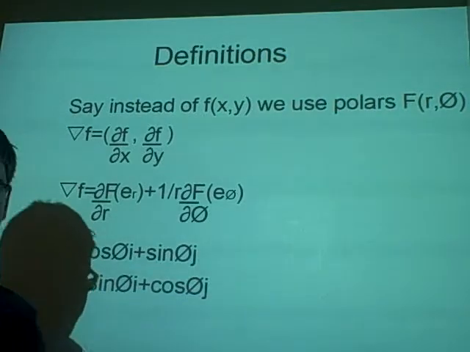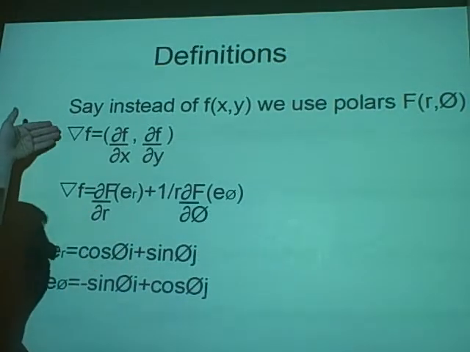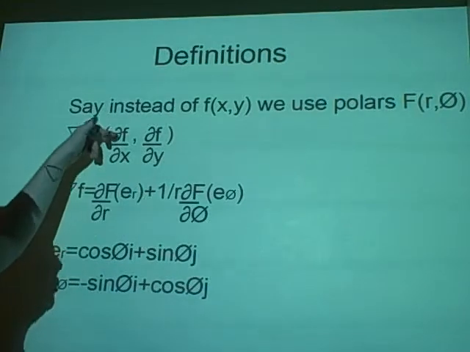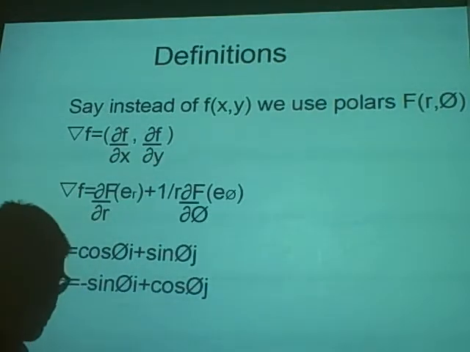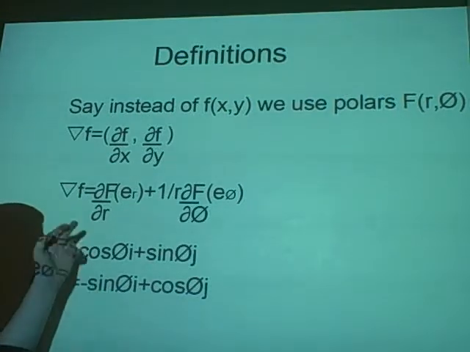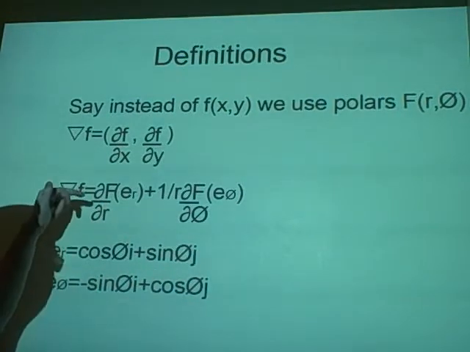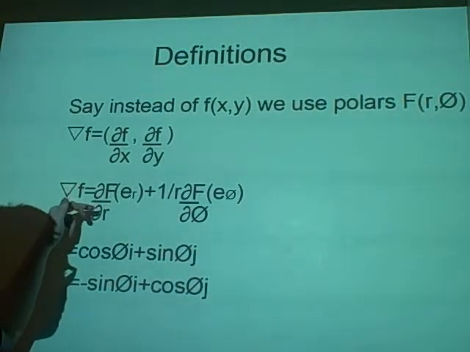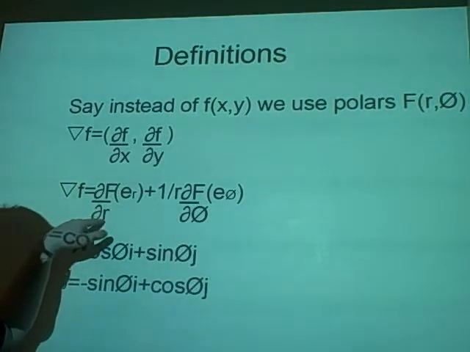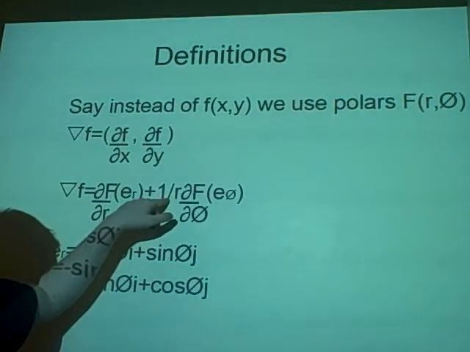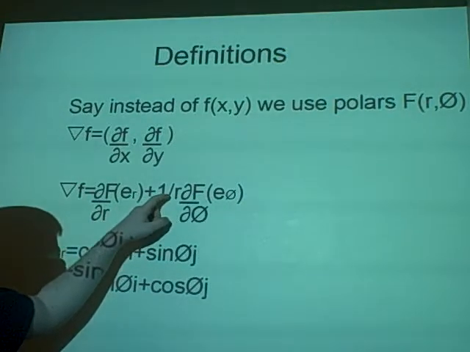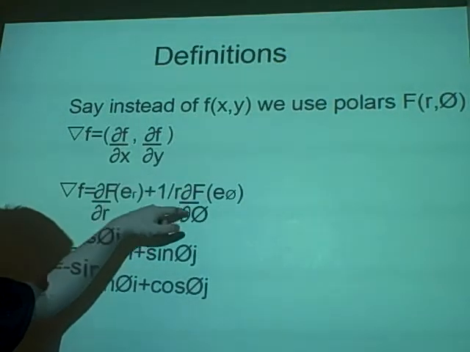So normally for grad f we have the partial derivative with respect to x and with respect to y. But now instead we have df over dr, so differentiate with respect to r, times er, that will make sense in a minute, plus 1 over r times df over d theta